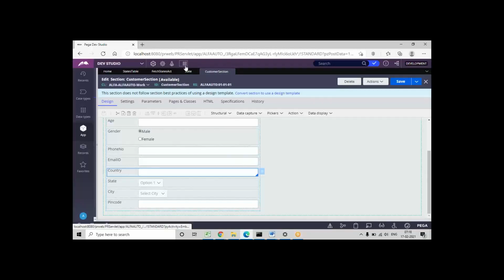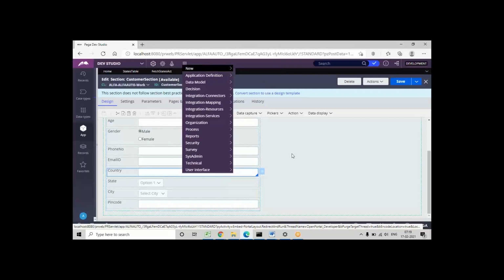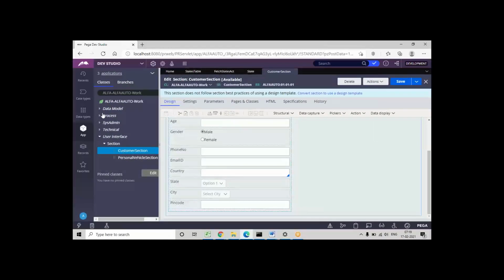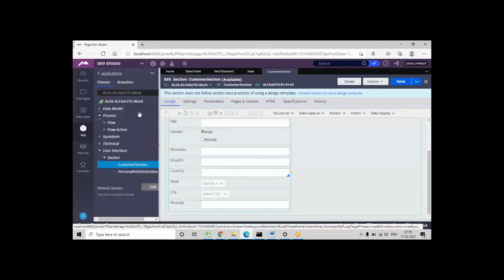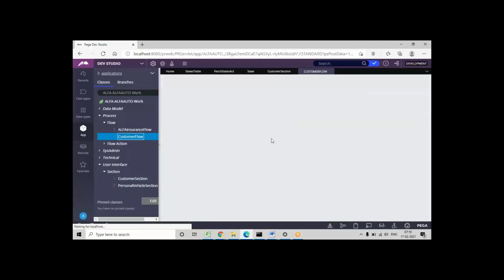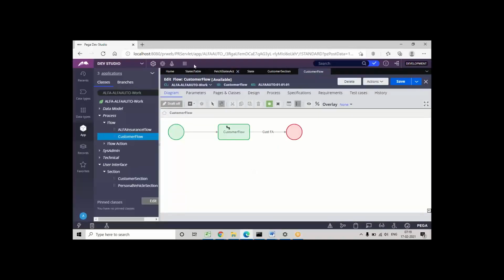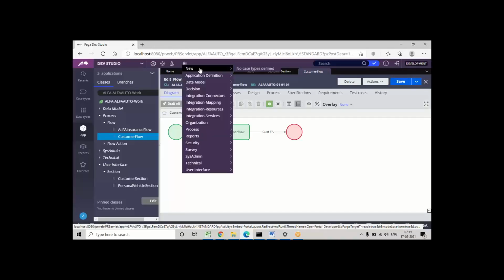And see, one thing before executing the flow, I want to show you one step. Every time you execute this flow design, we have to open it manually from the App Explorer. We need to go to the process, expand this one, collapse this, open the flow, and run it. But instead of doing this, there is one setting in the application. You'll have one menu called the create menu. Under the create menu, you'll have an option called new. Actually, we can assign any flows added in this application to this option.